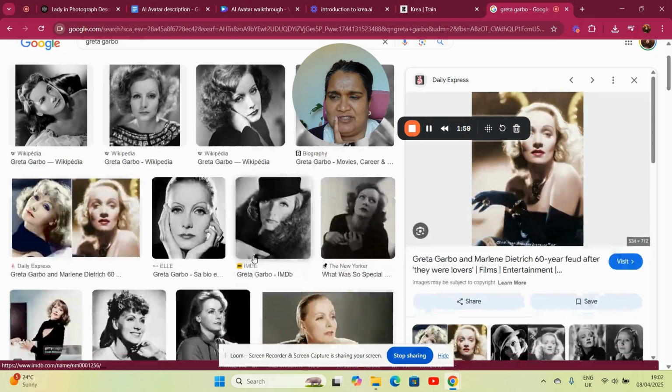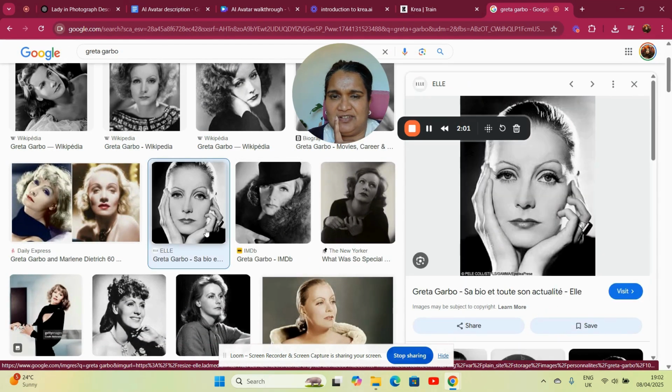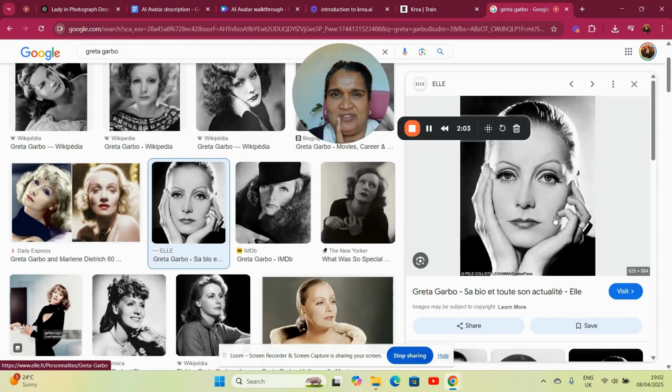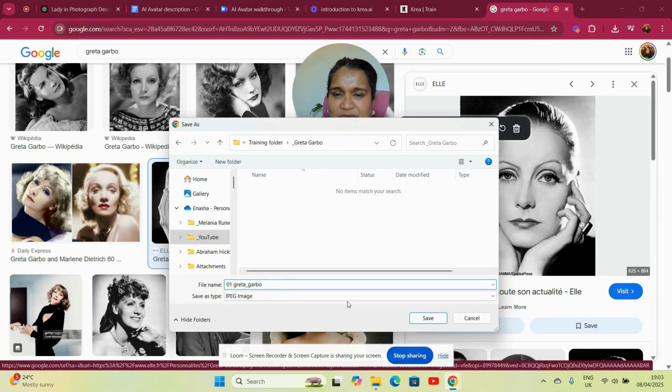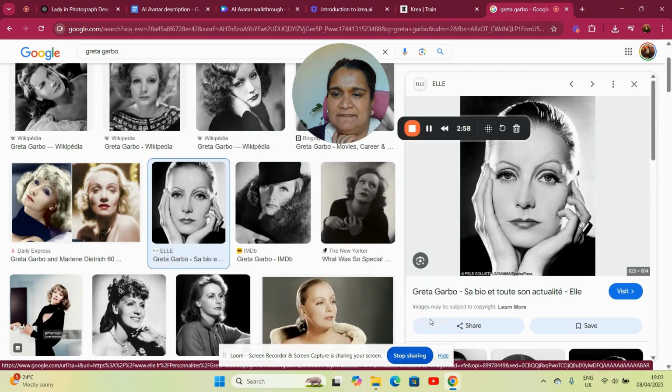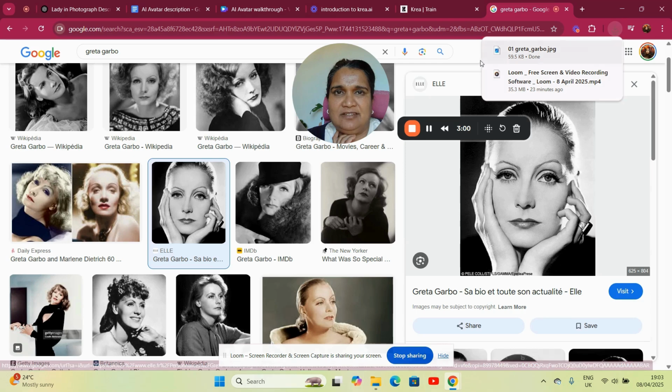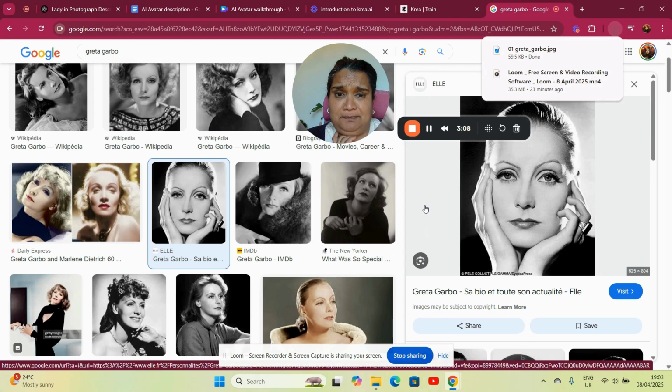They look really similar. Okay, Greta Garbo. Sorry, Marlena and Greta. Try again. I like to organise them neatly. Now, behind the scenes, I am going to download and save about 15 images of Greta Garbo, not Marlena Dietrich,